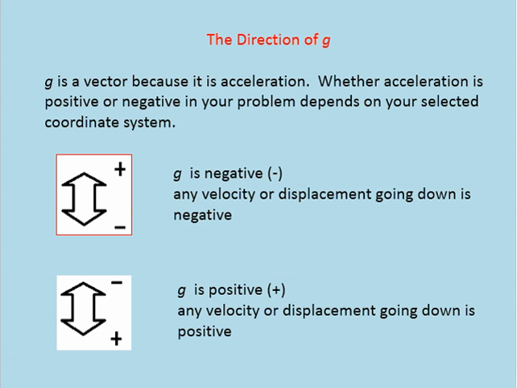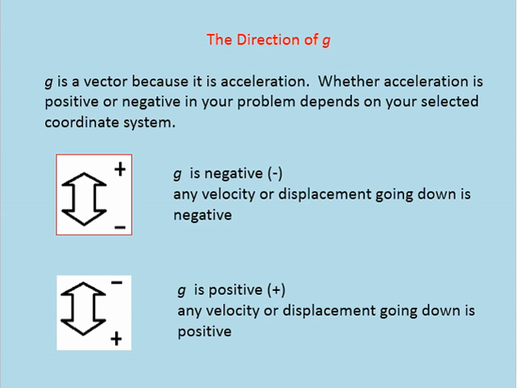Now remember, acceleration is a vector, and so is g, so we have to be able to define not only its size, but its direction. Remember, acceleration can be positive or negative in your problem depending upon your coordinate system. So here's what I'm going to do in class. I'm going to say that downward is the negative direction and upward is the positive direction, just like the y-axis,